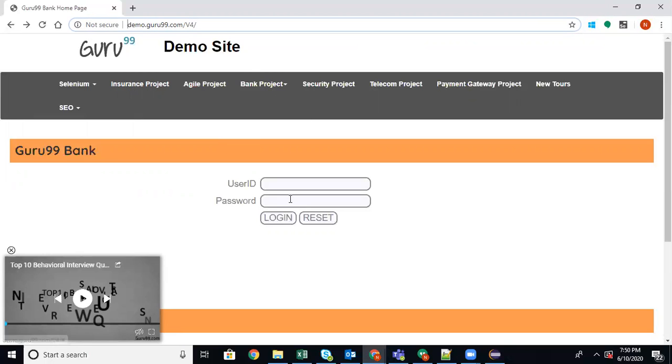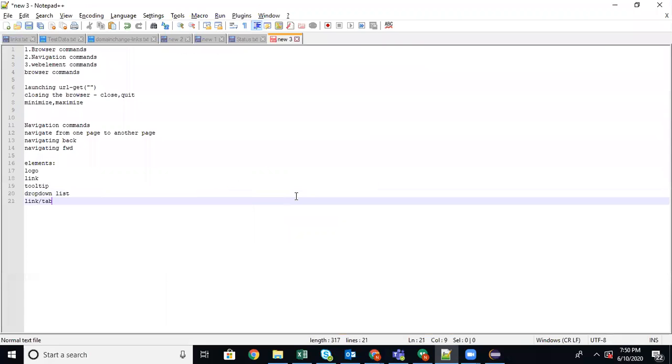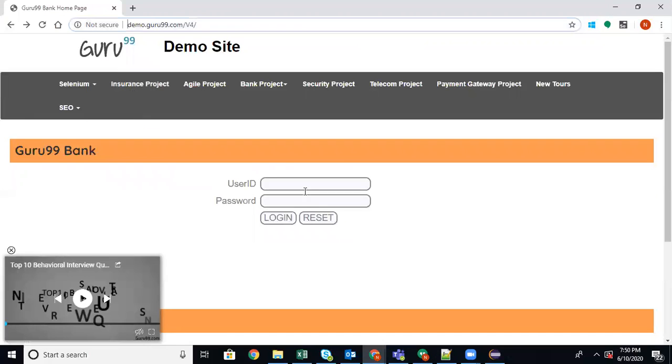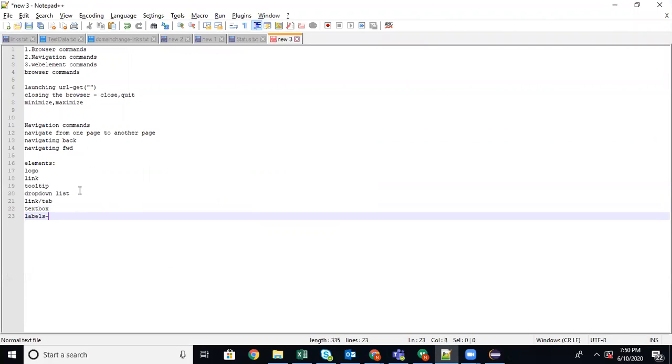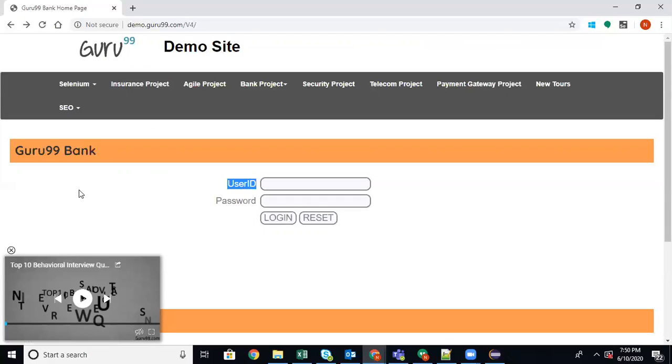This is a drop down list. These are called text boxes, and these are called labels. Labels have no functionality. Functionality means, on clicking on it, it should redirect to another page; then it is a link. On clicking on something like a button, if it is processing some input, then it is called a button. Here there is nothing, this is for user understanding, so it is called a label that holds only the text values. Okay, and these are called titles.